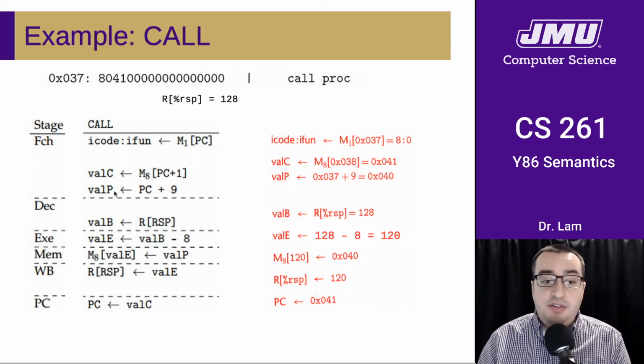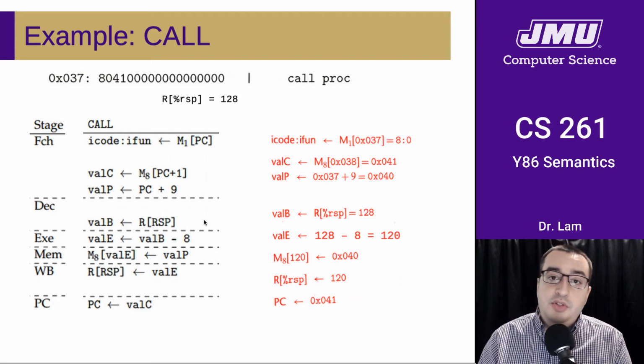Val P is the address following this call instruction, which you may remember is the value that we want to push onto the stack. So that's what the rest of this needs to do. We've already seen the part that transfers control. We read in the address of the procedure that we're calling, and that's going to be what we set the PC to at the end. But we want to take this address of the next instruction and push that onto the stack so that when we execute a ret instruction, that address is there so that we can jump back to it.